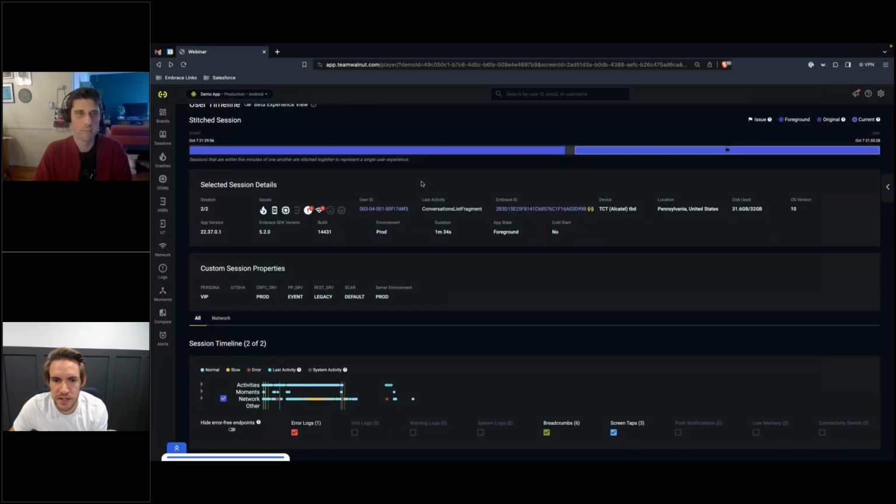The other important thing to note inside this user timeline, you can pass through a custom user ID. As you can see, it's anonymized. I don't know who user 003 whatever is, right? But at the top, I can search for that user and actually look up their individual user session. So if there's a loud customer that's having a lot of issues, you can look up their sessions and find out exactly what happened. You don't have to reach out to them and say, tell me about your device. Are you on Wi-Fi? What version of the app are you using? Instead, you have all of that.